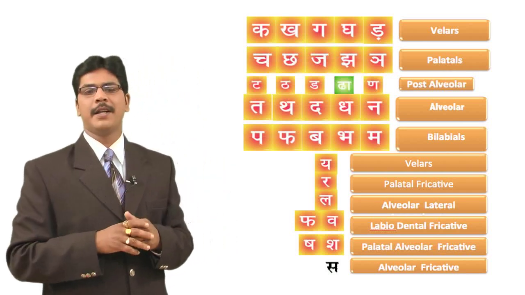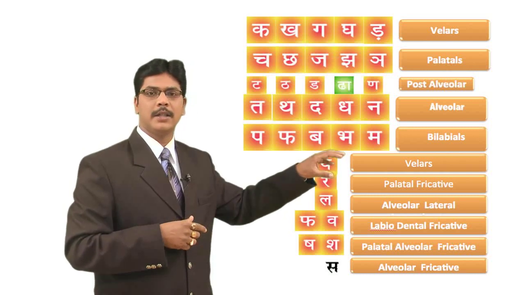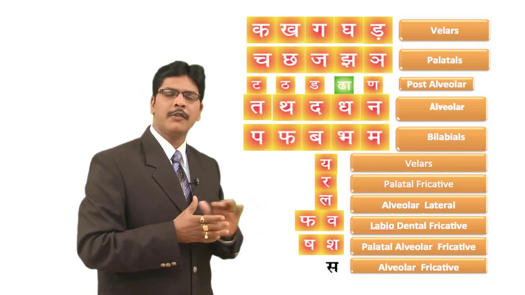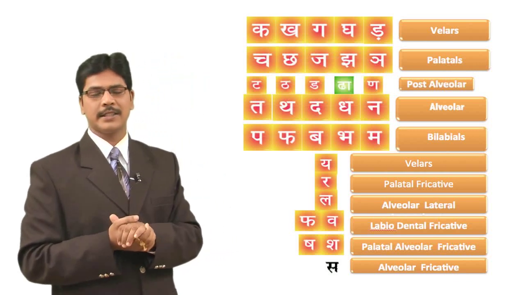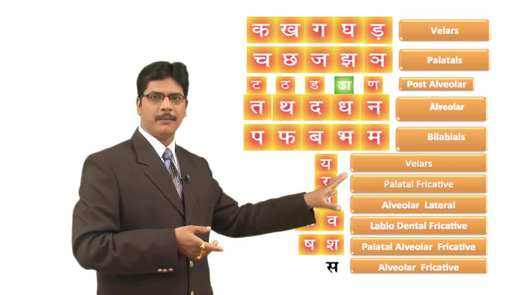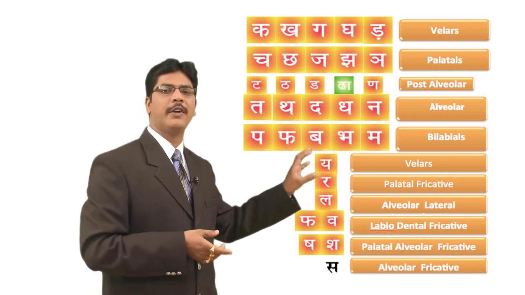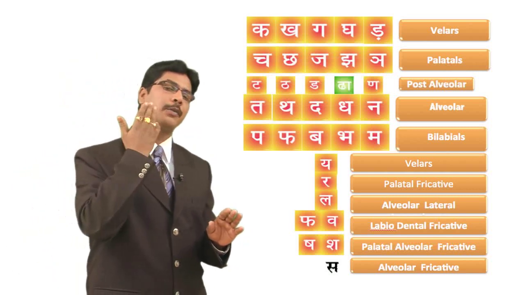Number 7 is K and G. The sounds are k and g. See, ka and ga come from the same line and they are called the velars. Why don't we use T and R in our system? Because this k and g are called velars, but they are produced somewhere at the back part of the mouth.